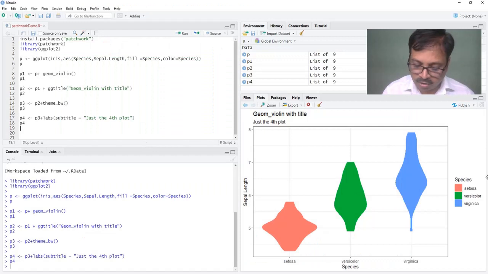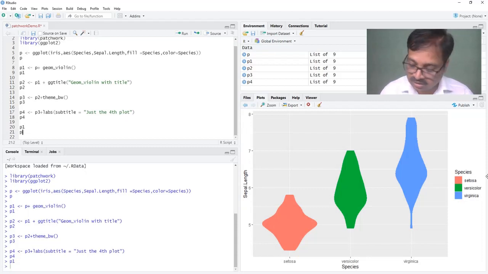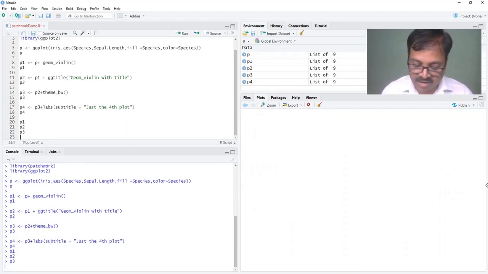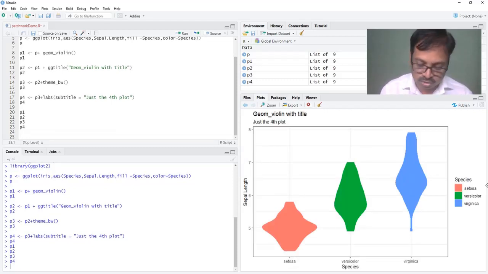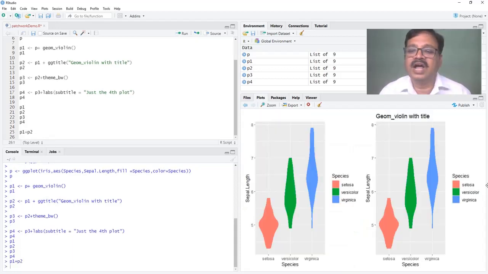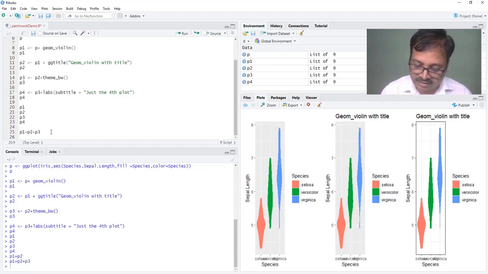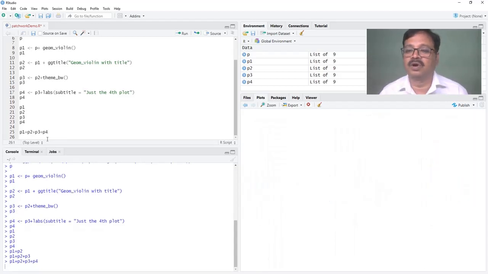Now we have four plot objects and we can't appreciate them separately from each other. That P2 we will see, P3 we will see, and P4 we will see. We can't appreciate the differences or similarities between them. To add them together, we'll use the plus operator, P1 plus P2, and you can see that patchwork will attach those together. Both plots are together. In P1 the title is not there, in P2 the title is there. We can have plus P3, the three together, and P4, the four plot objects together.